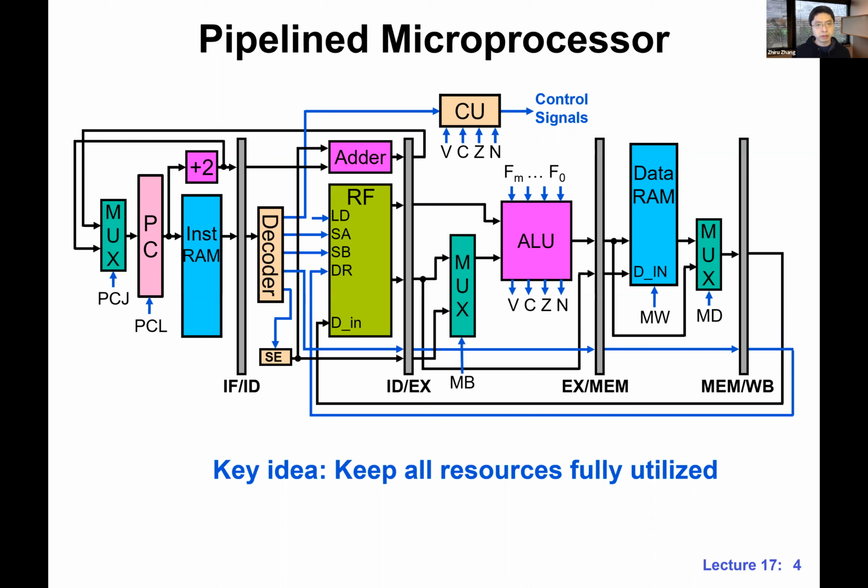Of course, there are some trade-offs, right? It's not like we can just evenly divide up the critical path. In practice, if you run a single cycle microprocessor and we get, let's say, 1 gigahertz, let's say that's the frequency, it's not like if we just divide it into 5 stages like this, we will automatically get a 5x improvement in frequency, like a 5 gigahertz processor. That's usually not the case, because we do need to add additional